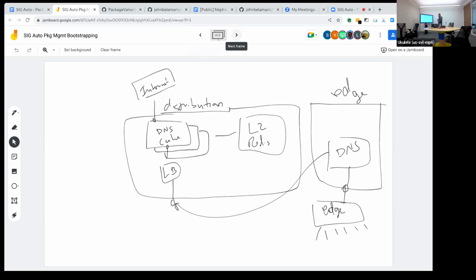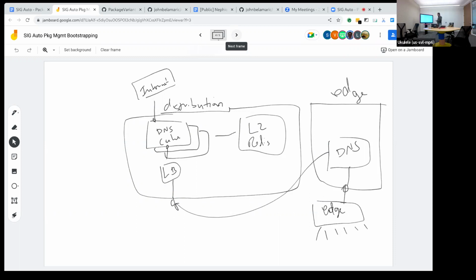So the question that we have for Nephio is, how do we build a package or set of packages that can deploy this whole architecture across a fleet of edge and regional distribution layer clusters? That's the topology I'm trying to capture in my package, and figure out what problems we need to solve. How might we structure those packages? What might they look like? Does that make sense to everybody so far?